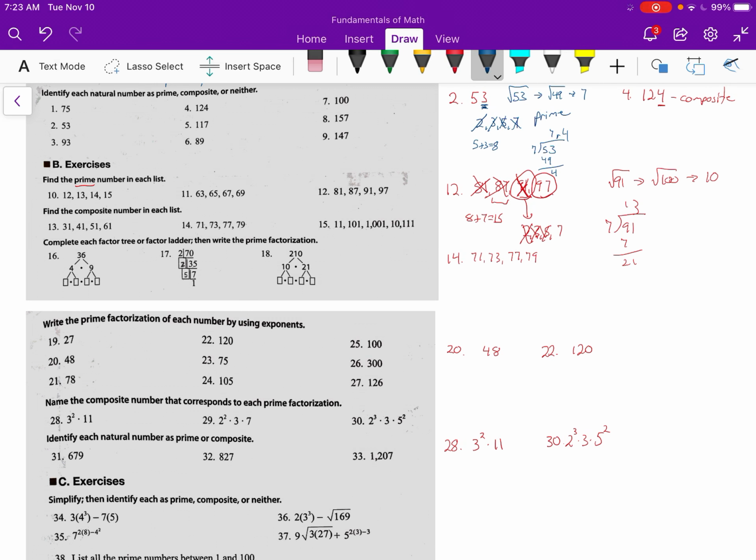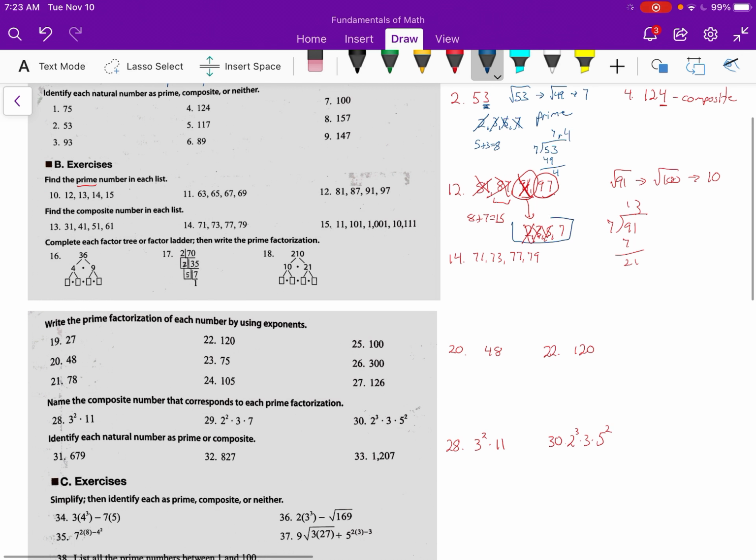So you can use that idea for number 11. For numbers 13 and 15, find the composite number in each list. What I would do first is just work through and see if I know any composite numbers in there. If not, then you'll have to go through and divide to see if they are prime or not. Kind of going through what we just did with 91 on the list before, but here we're trying to find